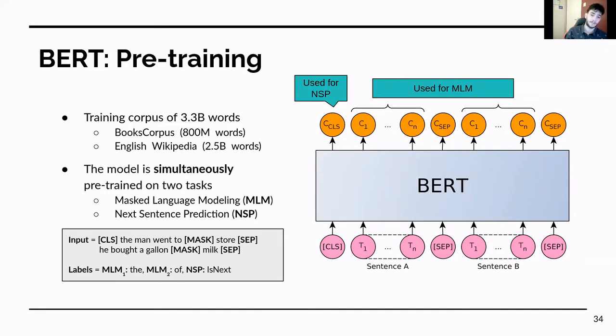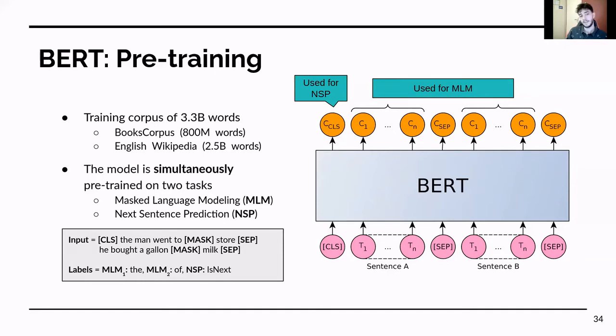Then we give it the second sentence, and again we mark the ending of the second sentence with a separating token. So in this example, we would use the output of the classification token. We would give it to a linear network, and this network would predict if sentence B is the next sentence. So in the example, "the man went to the store, he bought a gallon of milk," it is in